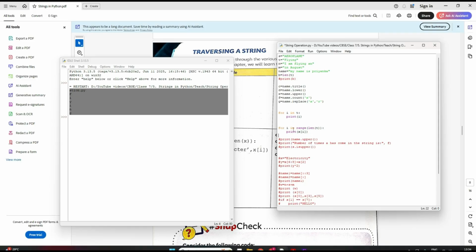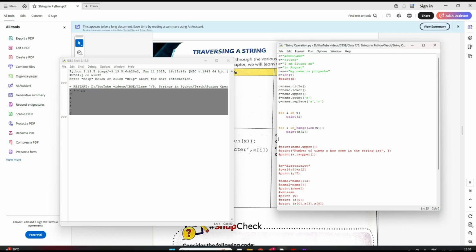So it will be for i in range(6), which means it will start from index 0 and go till 5, right? So first my value of i will be 0, then the second value of i will be 1, then 2, then 3, then 4, then 5.